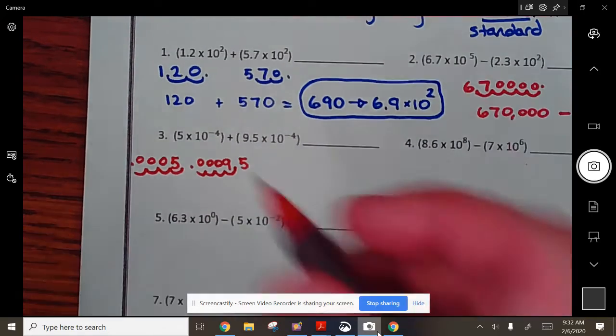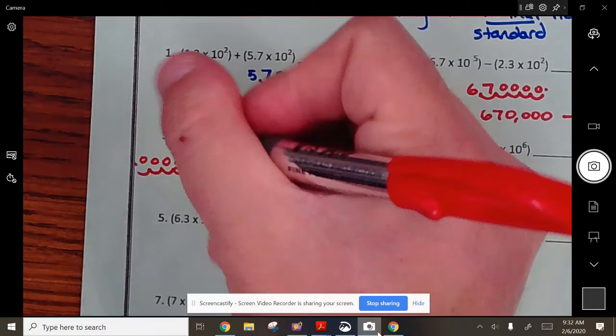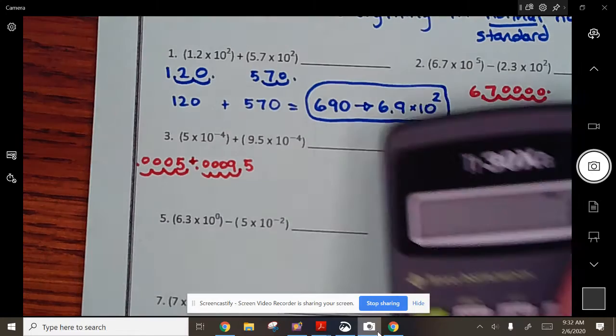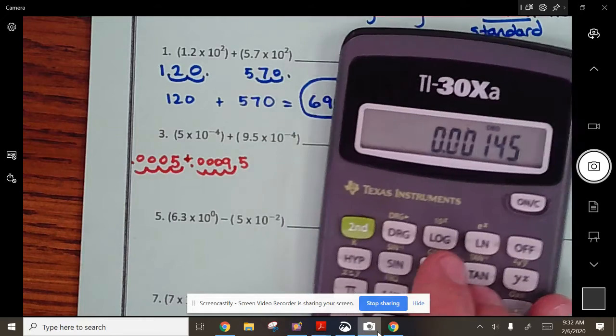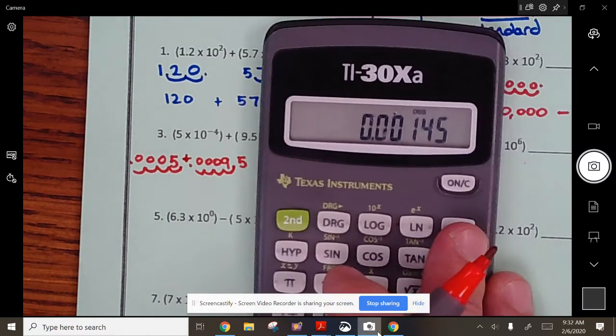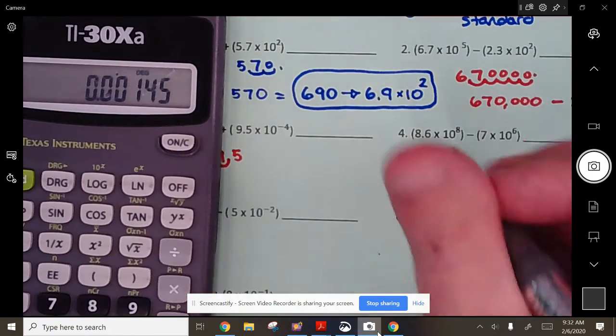All right, so you're going to add those two together. That's an addition sign, guys. And use your calculator. You're going to get 0.0005 plus 0.00095, and I get this answer,